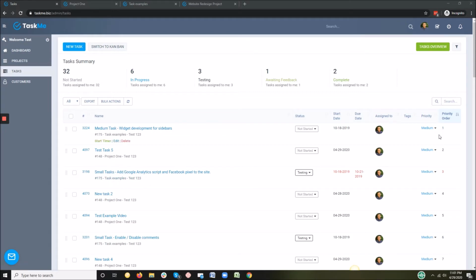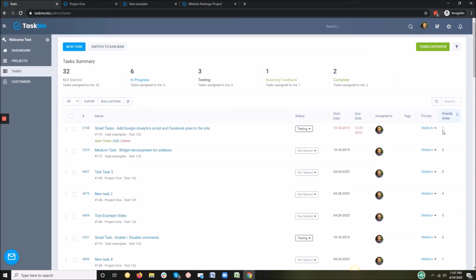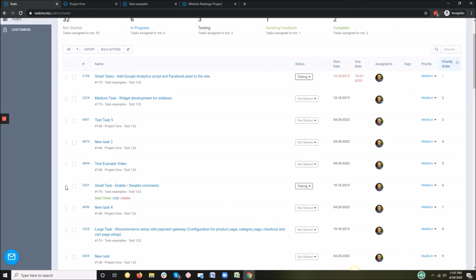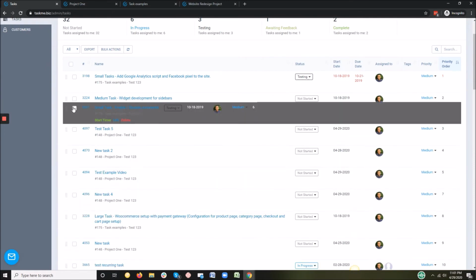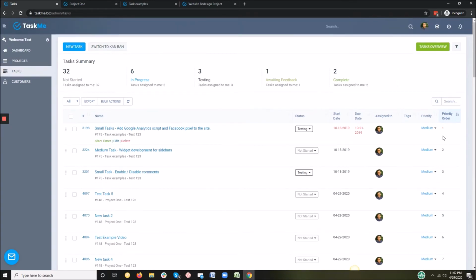This way we can work across your different projects by simply having a priority order for all the tasks that we have open. You can simply drag and drop task priority and it will change the priority order for that task and all the following tasks. So something that's number 6 can be made number 3 and it would change the priorities accordingly for the remaining of the tasks.